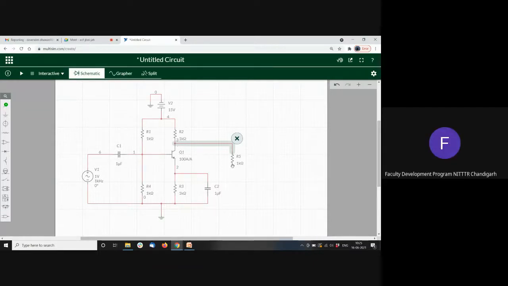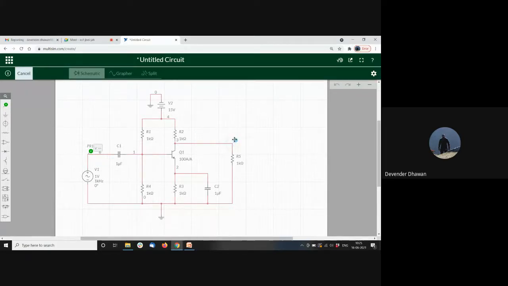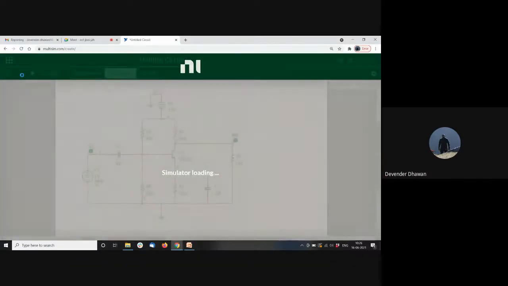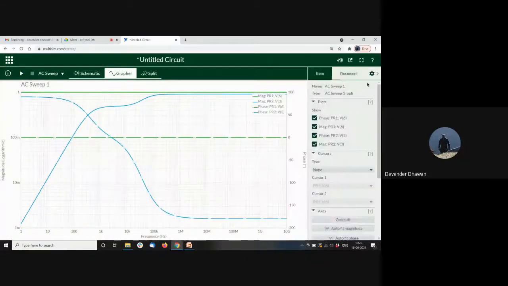Yes, sir. Okay, so we'll need this resistance for measuring our output, and then this probe here is the input probe, and this here would be our output. So what I'll do, I'll quickly run an AC sweep, which will do the same thing which you were seeing up till now. Let me just remove the phase part.